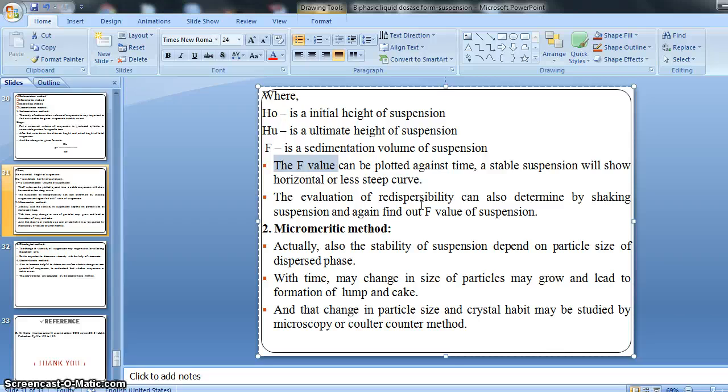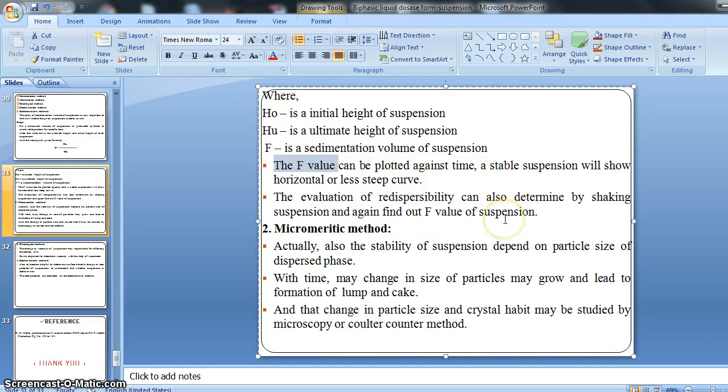ठीक है, तो हमें एक ग्राफ मिलेगा. अगर वो जो ग्राफ है वो अगर हॉरिजॉन्टल आता है, हॉरिजॉन्टल लाइन अगर आता है, तब जाके बोलेंगे हमारा जो सस्पेंशन है वो स्टेबल है. या फिर लेस स्टीप, थोड़ा सा कर्व अगर आता है, तभी हम कंसिडर करेंगे द ओवर गिवन सस्पेंशन इज अ स्टेबल, राइट? Then the evaluation of redispersibility can also be determined by shaking the suspension and again finding the f value of